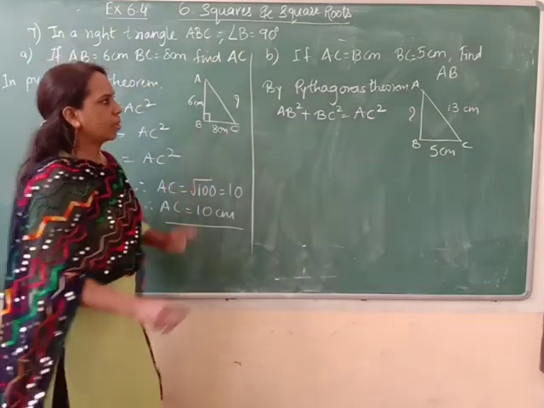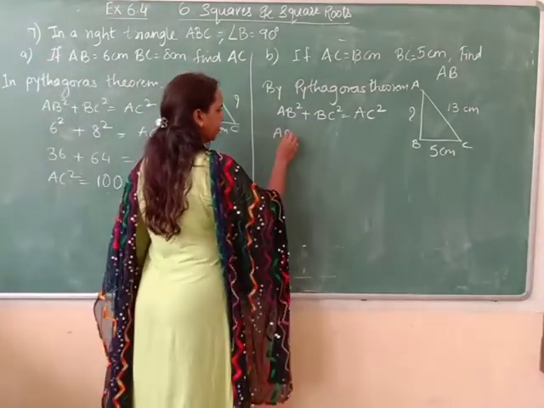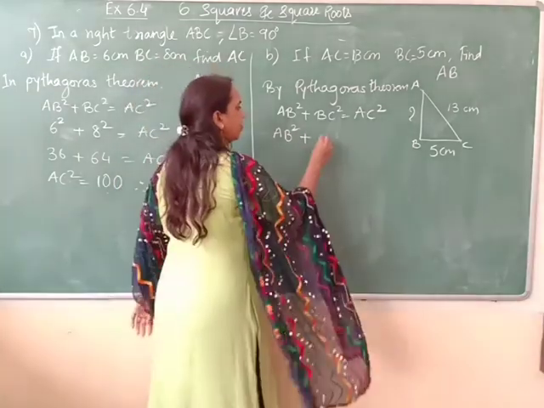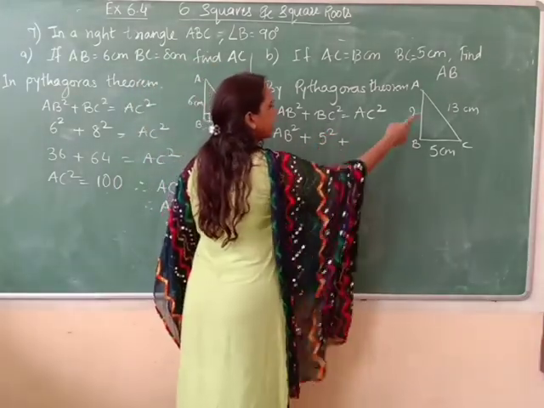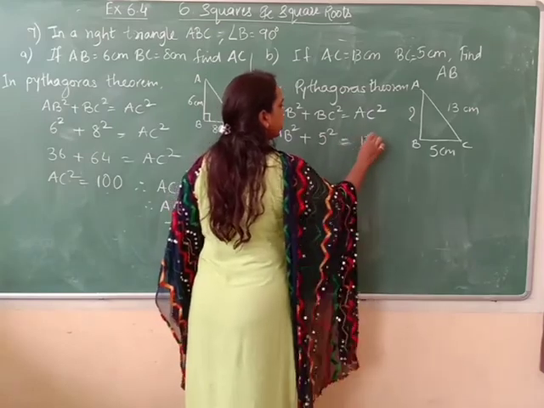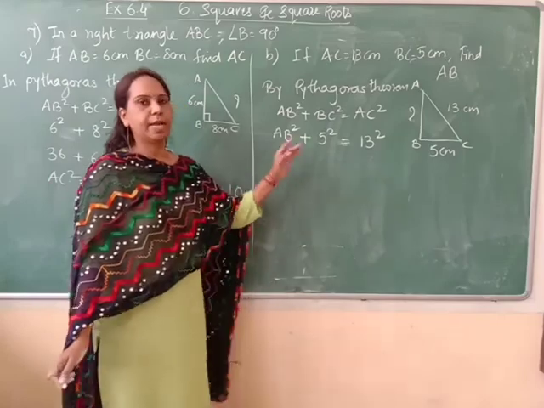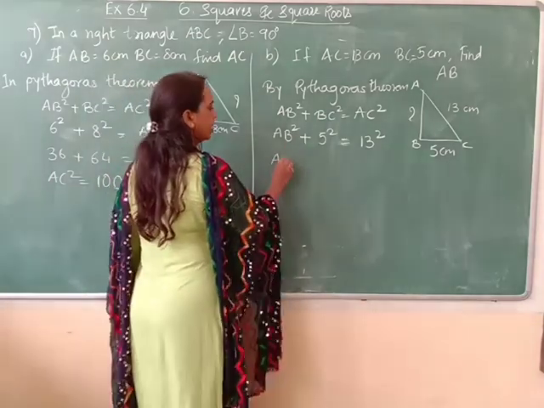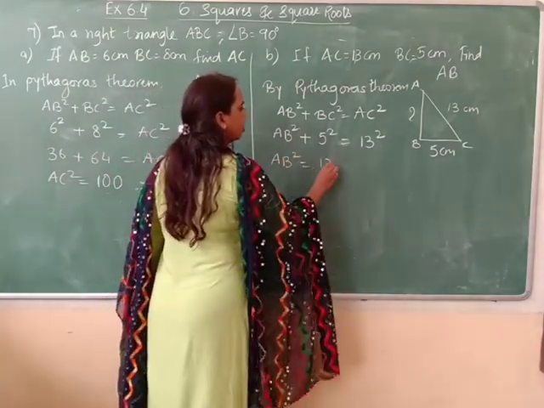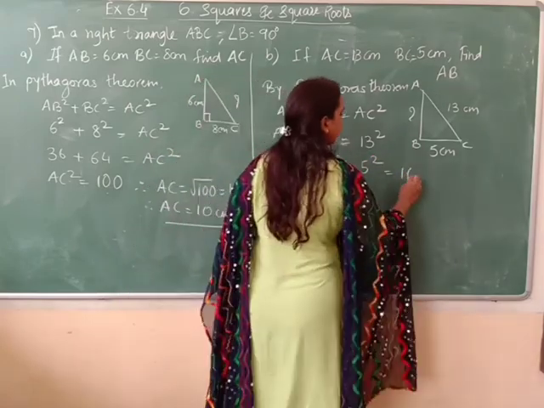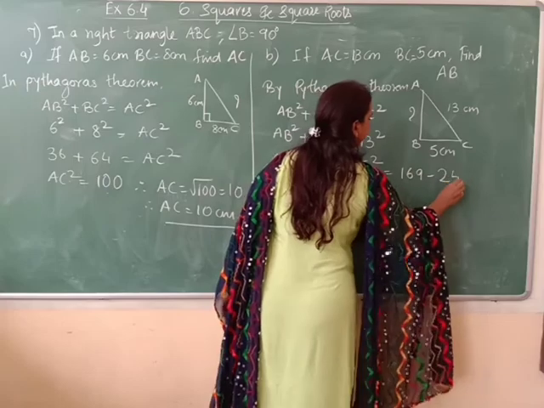Now our AB square we have to find out, plus BC is given as 5 centimeter, therefore 5 square. AC is given 13 centimeter, so it is 13 square. Now transposing method we will use. So AB square is equal to 13 square minus 5 square, which is equal to 169 minus 25, which is equal to